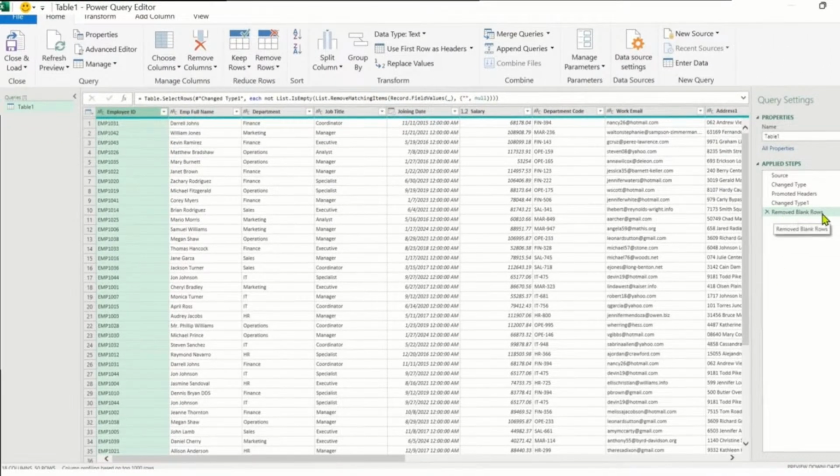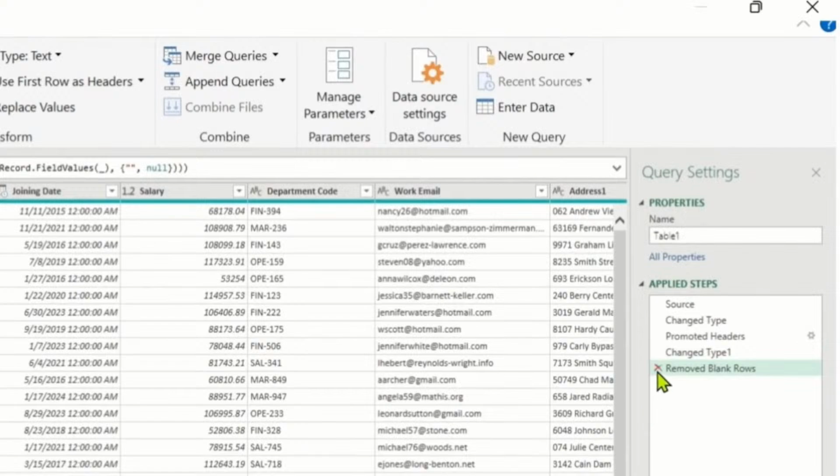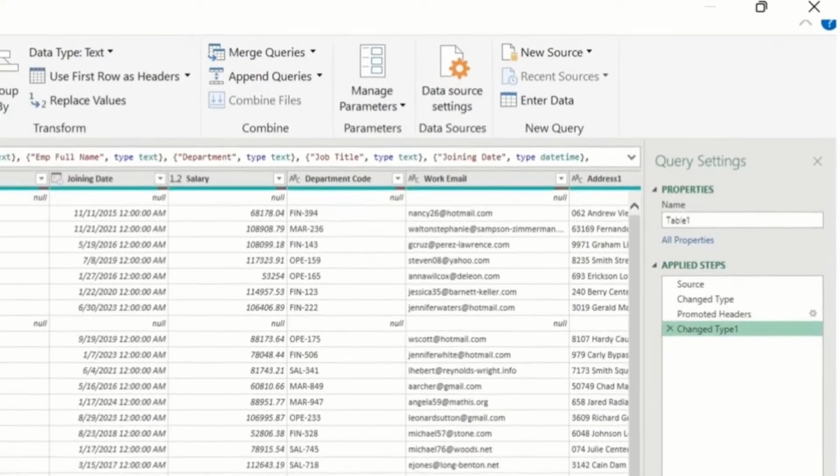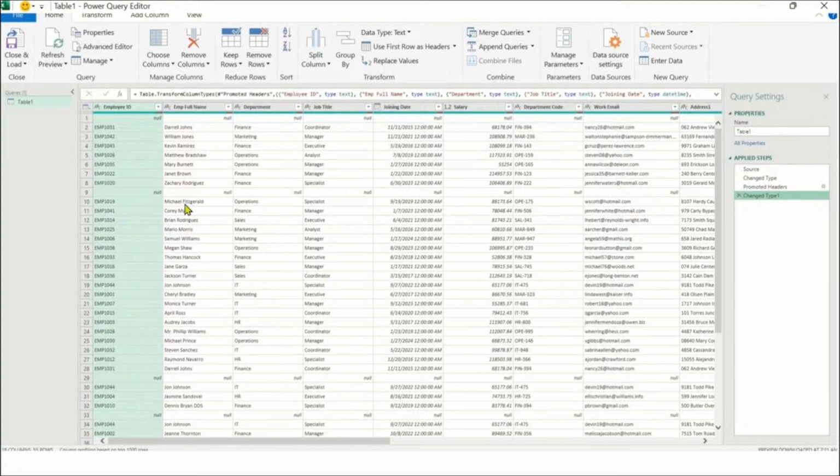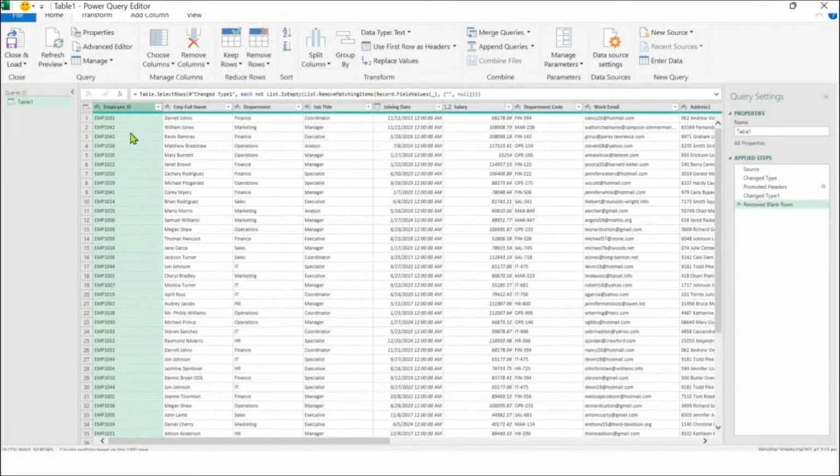और ये देखिए, सारे ब्लैंक रोज रिमूव हो गए हैं और क्वेरी सेटिंग में एक एक्शन भी ऐड हो गया है। चलिए अब इस एक्शन को अंडू करके दिखाता हूं। इसके लिए आपको सिर्फ क्वेरी सेटिंग में लास्ट एक्शन को क्रॉस करना होगा और आपका लास्ट एक्शन अंडू हो जाएगा और ब्लैंक रोज वापस आ जाएगी। इस तरह से आप इस क्वेरी सेटिंग्स का यूज कर सकते हैं यदि कोई एक्शन आपको पसंद नहीं आ रहा है उसको क्लियर करने के लिए। चलिए अब हम इस एक्शन को वापस से अप्लाई कर देते हैं और ब्लैंक रोज को रिमूव कर देते हैं, क्योंकि हमें अपने डेटा में ब्लैंक रोज नहीं चाहिए।